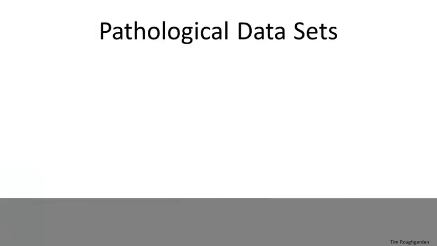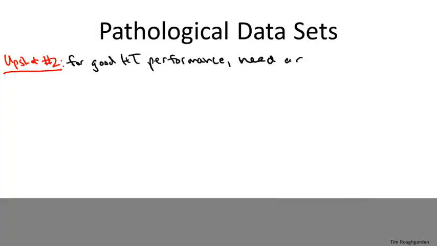So that's the first takeaway point about what has to be happening correctly under the hood in order to get the desired guarantees for hash table performance. You got to control the load. So you have to have a hash table whose size is roughly the same as the number of objects that you're storing. So the second thing you've got to get right, and this is something we've touched on in the